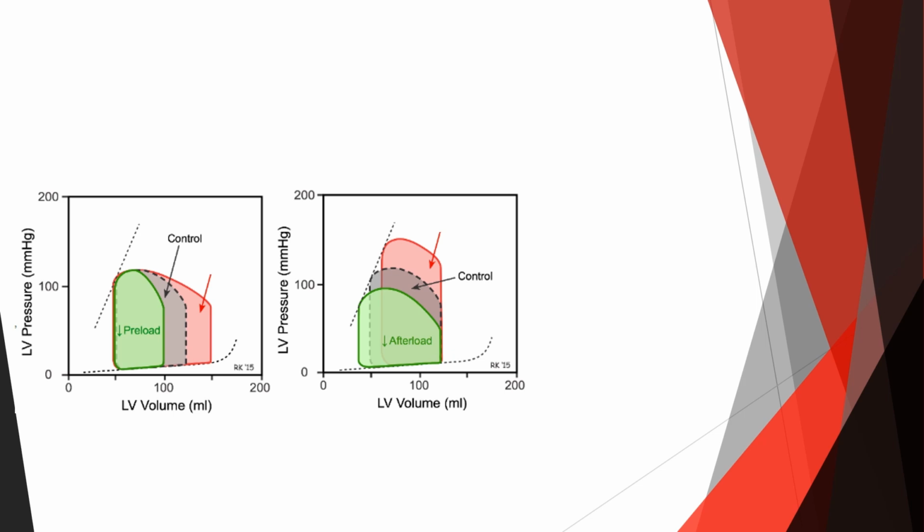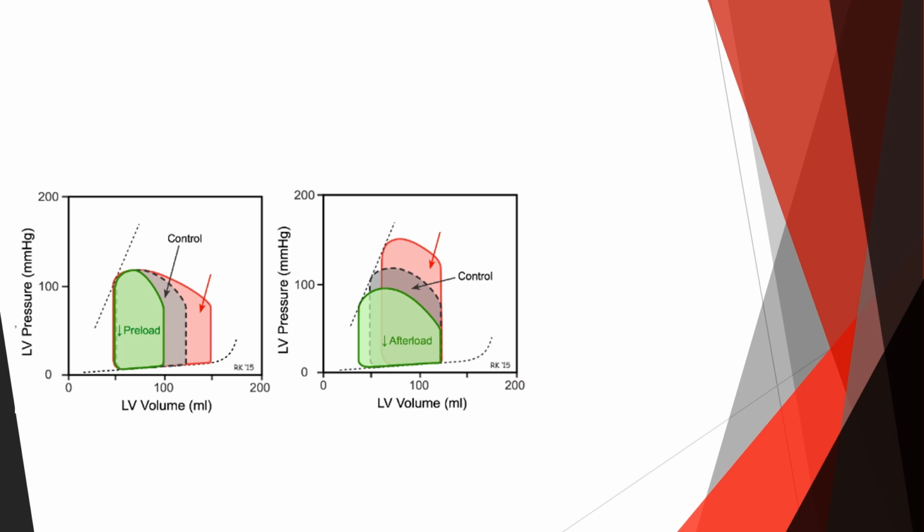So in this case, your area, what are the parameters that are changed? Your end diastolic volume is similar amongst all groups, whether it's an increase or decrease in afterload. However, your end systolic volume is different because your ejection time and your overall ejection percentage has increased. And so with decreased afterload, it has increased. And so that's why you have that decrease in end systolic volume in a decreased afterload, as compared to the